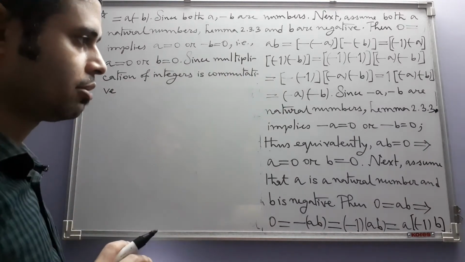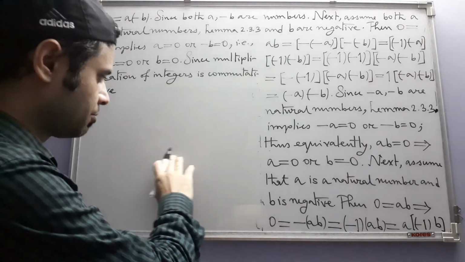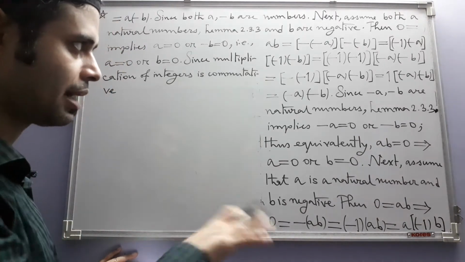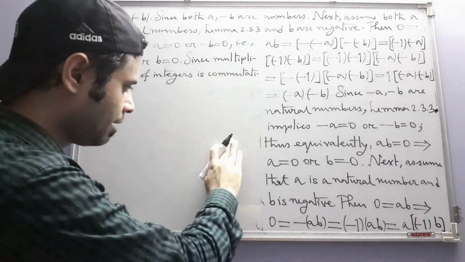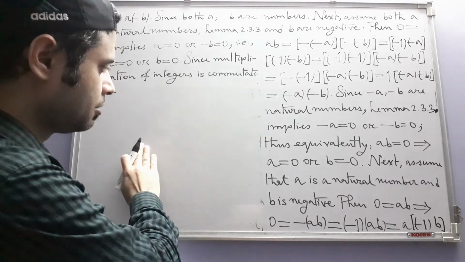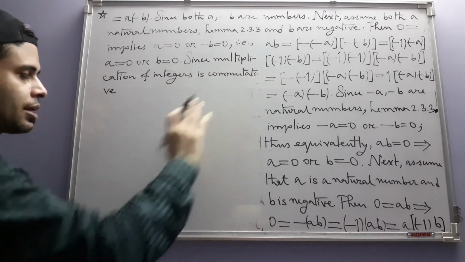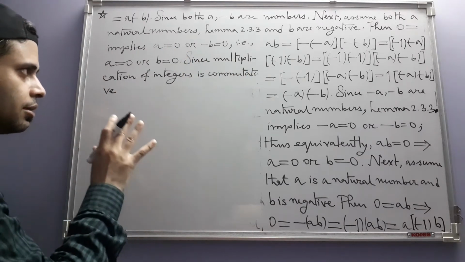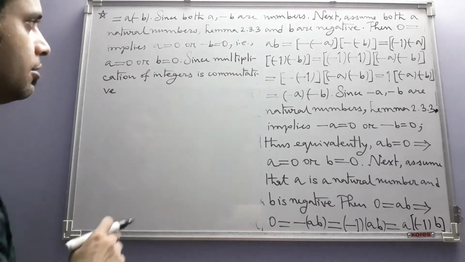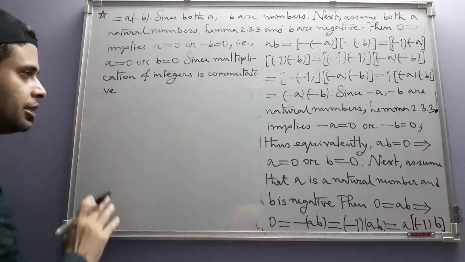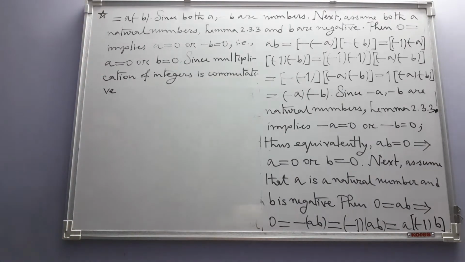Note one thing, that although I am using commutative, associative, these things, in the text the properties have not been named so, at least not in this chapter on integers. Previously for the natural numbers we named them: this is the commutative law, associative law, distributive law. The fact that I am using all these terms is based on the supposition that you understand what these things mean. So if you are not comfortable with what commutativity means, you go back to the chapter on natural numbers, there you will get all the definitions.